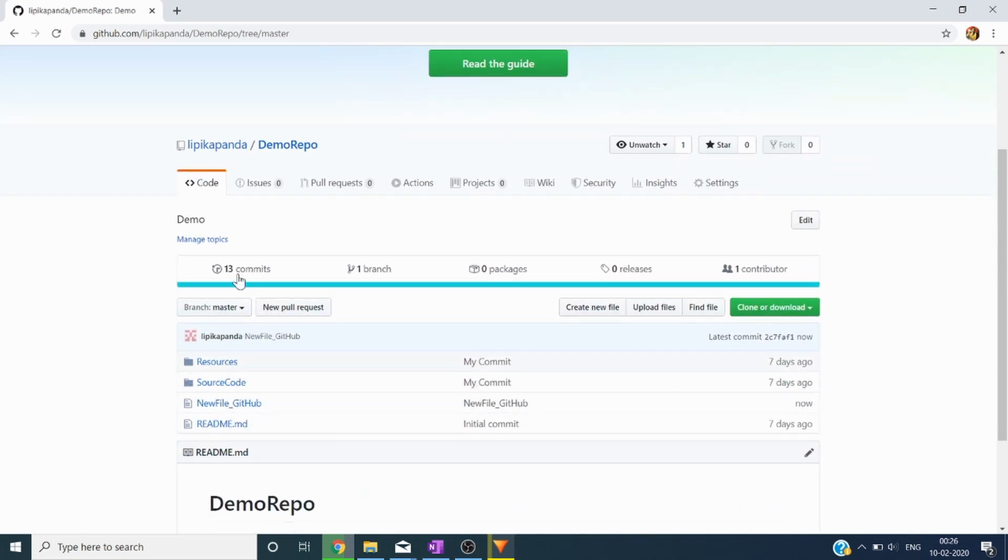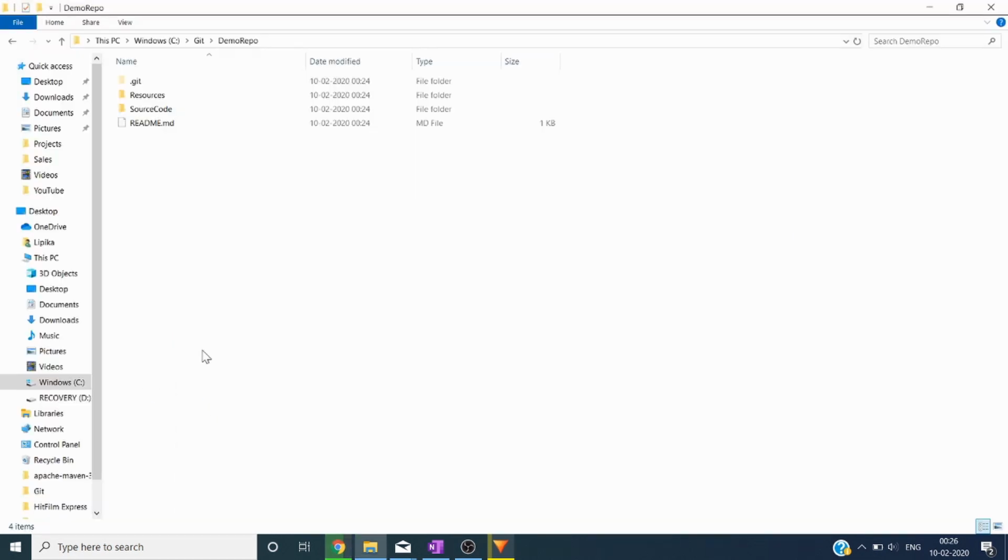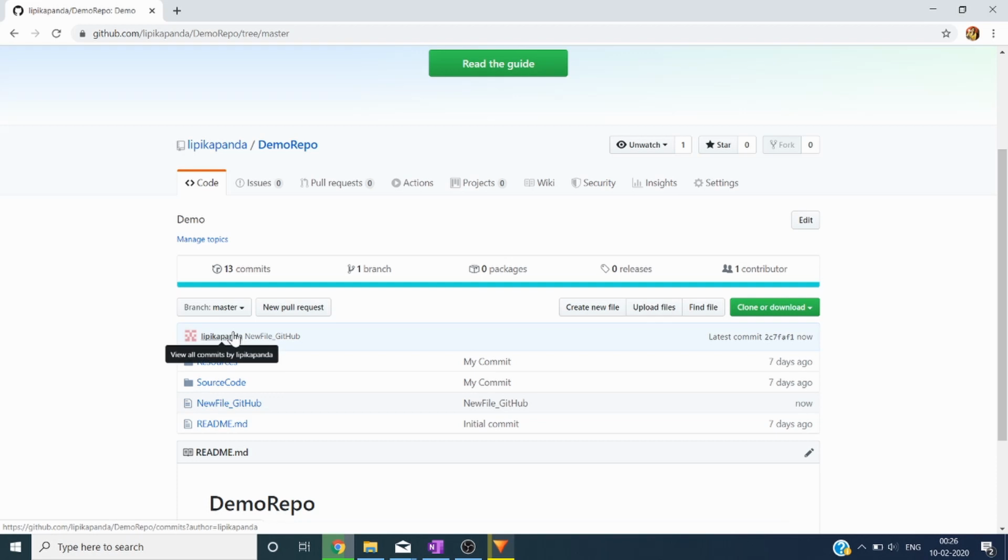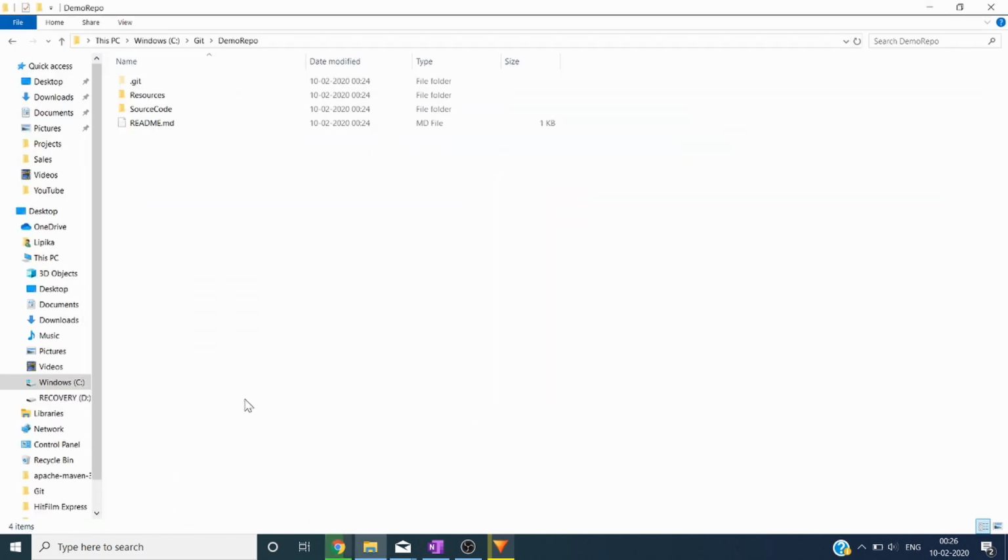Yeah, so we can see there are 13 commits. We had cloned at 12 commits. Now there are 13 commits, and so now there is an additional file, new file underscore GitHub, which we don't have in our local. So now we have to have all this latest. Every time we need not delete and reclone whenever there are new files. Rather, what we can do is